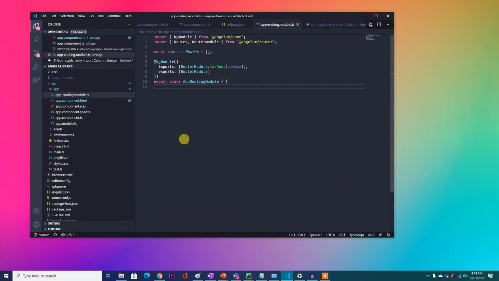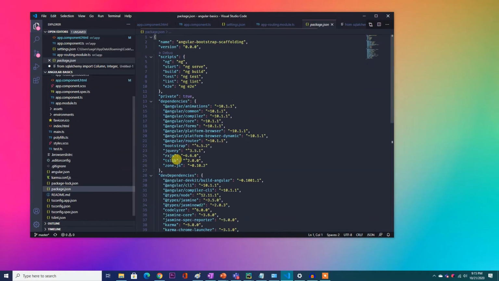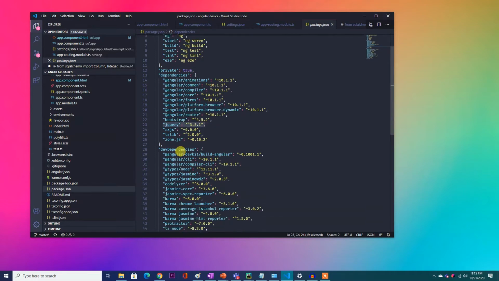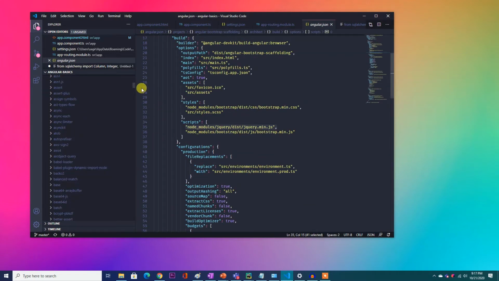I'm going to open an Angular project in Visual Studio Code, and there I'm going to install the jQuery npm package. To install that, you can use npm install jQuery, and I am also going to append --save because I want to have it for future use in the package.json. After installing the npm package, the package folder will reside in the node_modules folder.